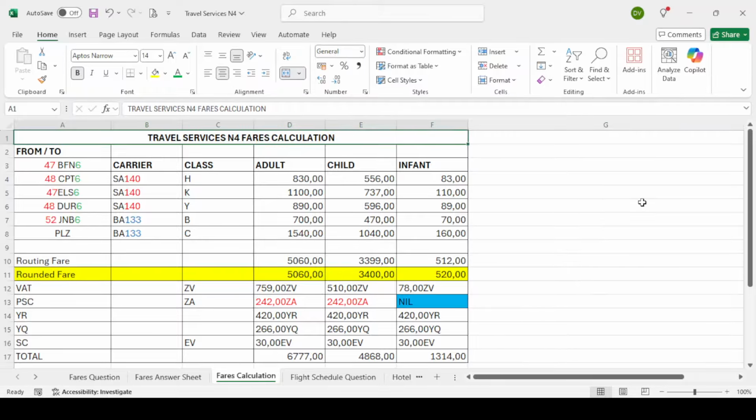I hope this was helpful, guys. Fares is very important for the exam. They always ask it, and it will always be for 30 marks. So listen to the video again if you've missed something. Make sure you know how to do the fares. You will definitely get it in the exam. Okay, guys, I hope you enjoyed that. I hope it helped you. And I'm sure you can all get full marks for your fares calculation in your exam.